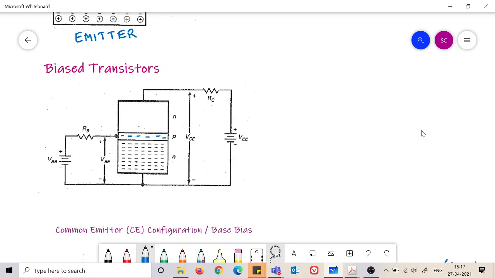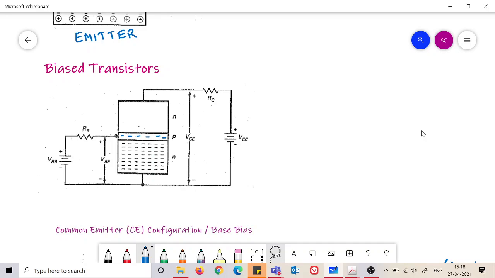So the push on these electrons is quite strong from this bias. So the electrons are trying to enter the base region. So they have a very strong tendency to enter the base region because of the forward bias of the emitter base junction. Because of the forward bias of the emitter base junction, there is a strong tendency in the electrons here, in general we should say majority carriers here, to enter the base region.